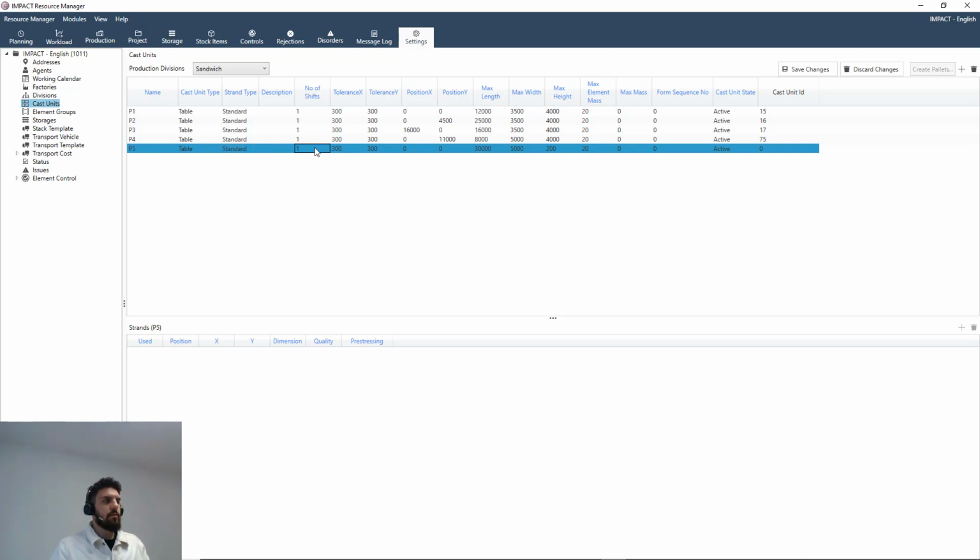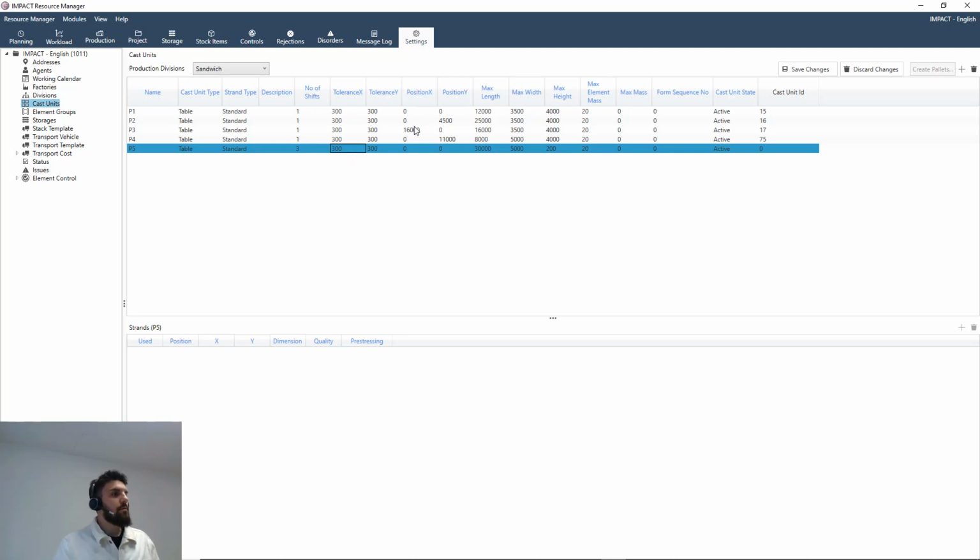Then you can have, of course, multiple shifts. So if your factory works 24/7, then you can make 3 shifts instead of 1. So you can actually change every 8 hours and keep the same beds, shift 1, 2, and 3. In this case, I'll just make 3 shifts. Tolerance X and tolerance Y means the tolerance between the elements when I multicast them. So if I want to have a distance, the shuttering, as they call it in England, so if I want the shuttering to be 300 between the elements, then put 300 on my tolerance on the